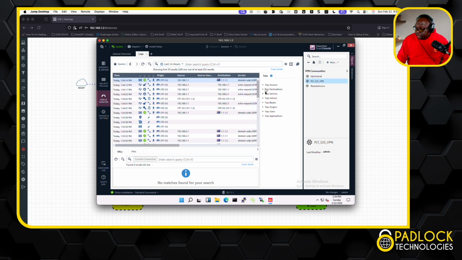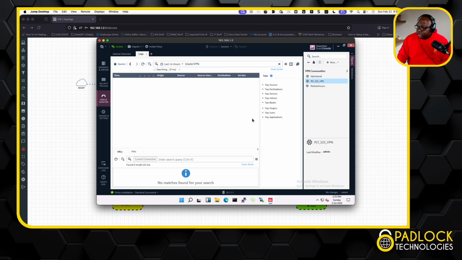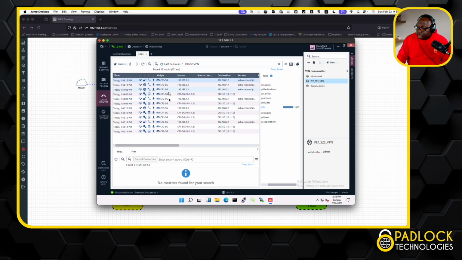But let's say we wanted to use a blade here. We wanted to see it by a specific blade. This is the cool thing about Checkpoint. What I would do is hit Top Blade and just go VPN, or I could just do it in the search query up here as the VPN blade. And it'll tell you every rule associated with the VPN. So as you can see, I got the initial one, this one here. If I double-clicked it, this would be